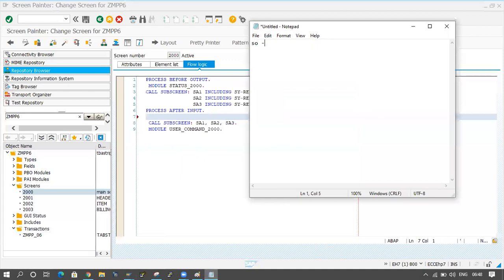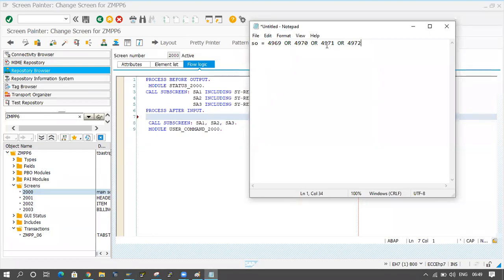Sales document number equal to, you can take 4969 or 4970 or 4971 or 4972. So you can take the sales document number as 4969, 4970, 4971 or 4972.